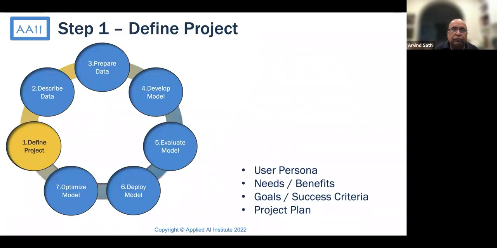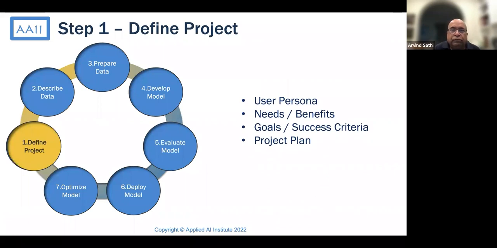So Arvind, let me quickly summarize the define project step, and then I will ask Arvind for the data. In the define project step, there are 4 things we are really interested in. Who are the users for whom you are targeting this problem? What are their needs and requirements? What kind of benefits will they get from solving that problem? What are the goals for the project? And what are the success criteria? How do you define success? And what are the steps you will follow to